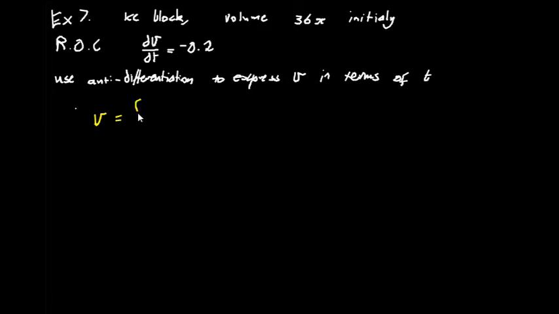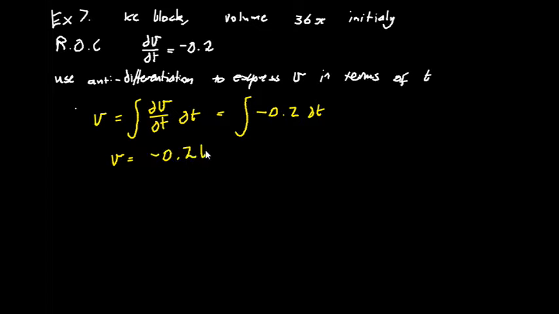So V is going to be the antiderivative of dV/dt, which is the antiderivative of -0.2. So V is just going to be -0.2t